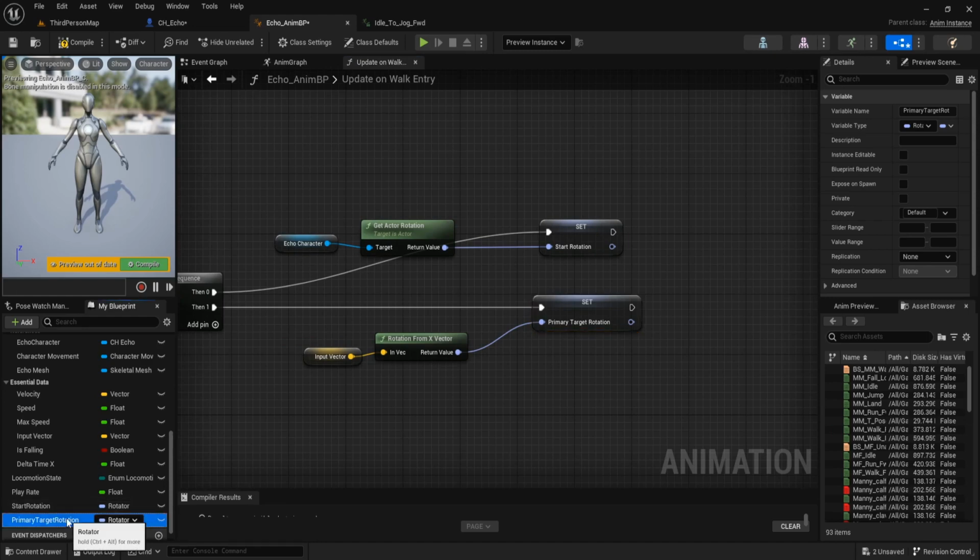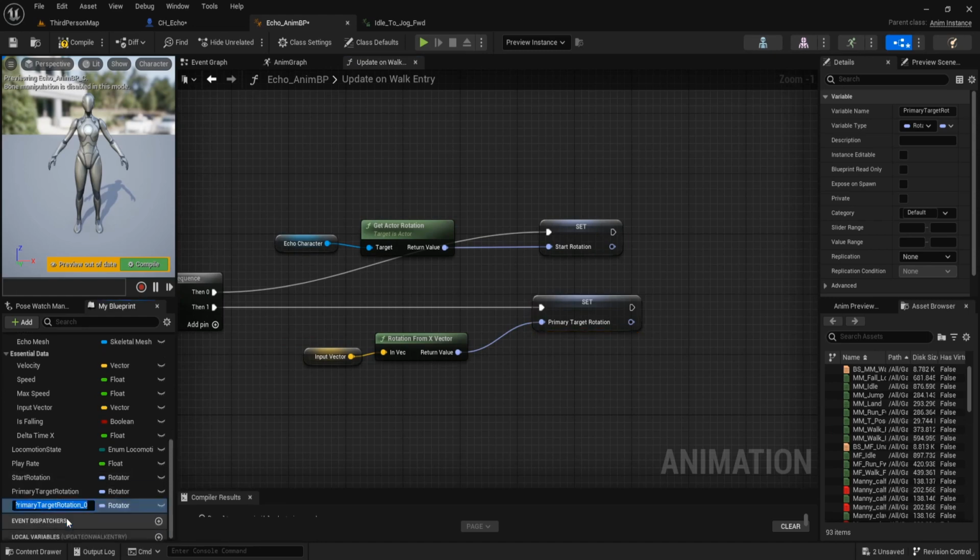Then duplicate this variable and name it secondary target rotation. Set it to the secondary target rotation.